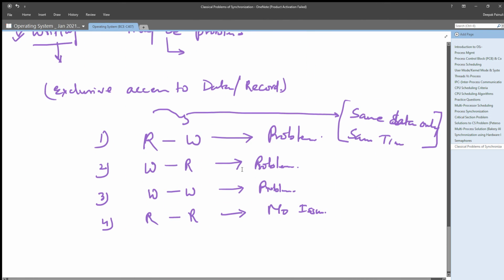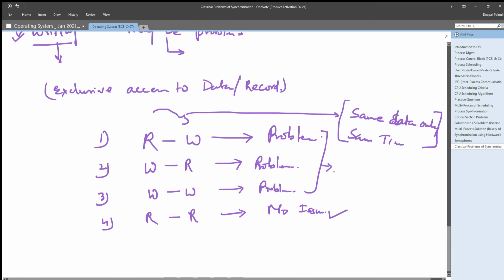So as a database administrator, these three are the problematic conditions, and the reader-reader case is not a problematic condition. These are the major problems dealt with by a database administrator when designing, maintaining or managing databases.